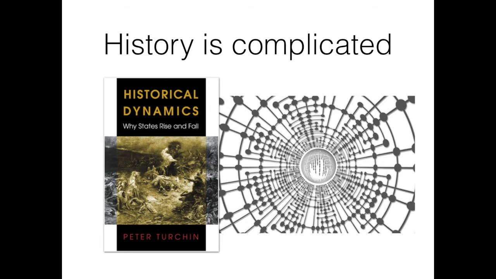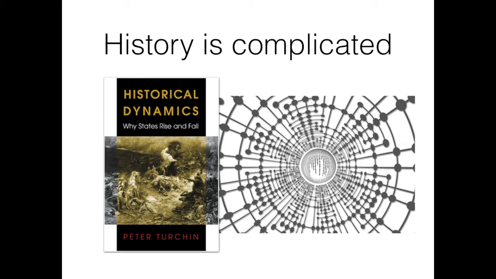So history is complicated. History definitely seems far messier than most, if not all, of the systems we've tackled so far. The short answer is that it's very difficult to model this sort of thing. But difficult is not the same as impossible. If historical dynamics are subject to patterns and forces that recur with at least a modicum of regularity, then those dynamics are modelable. And as always, we can start with a model that is drastically simple, but nevertheless captures some of our key assumptions about how our system might work.